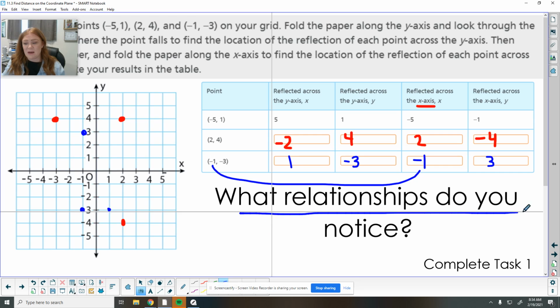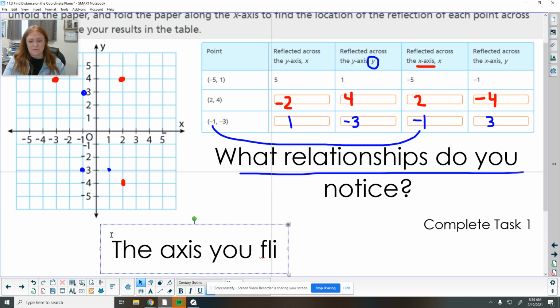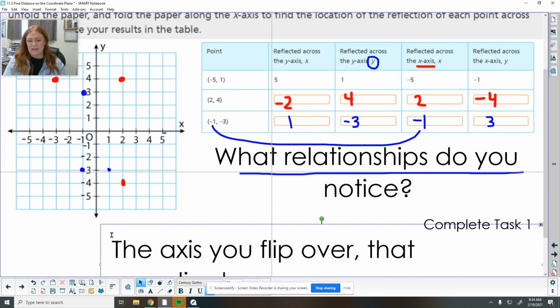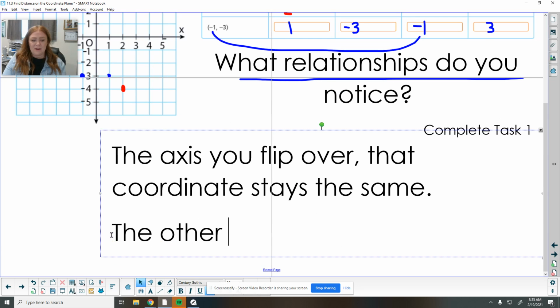So the relationship that I noticed is that when I flip across y, y stays the same. So let's write that down. The axis you flip over, that coordinate stays the same. So if I flip over y, the y's will stay the same. If I flip over x, the x's will stay the same. The other coordinate,